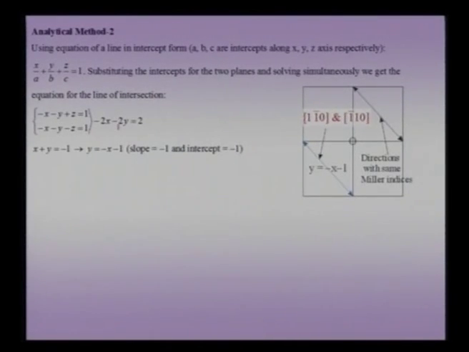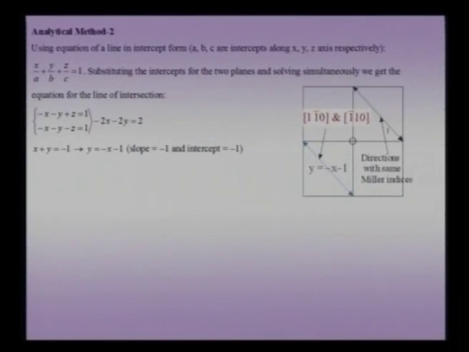That means that one line which is common to both the planes. So I solve for that and then write it in the y equal to mx plus c form, plot that equation, plot that line, and then find its Miller indices. So I could do that, and I find the same thing, that Miller indices 1 1 bar 0 or 1 bar 1 0. So with this we come to the end of a